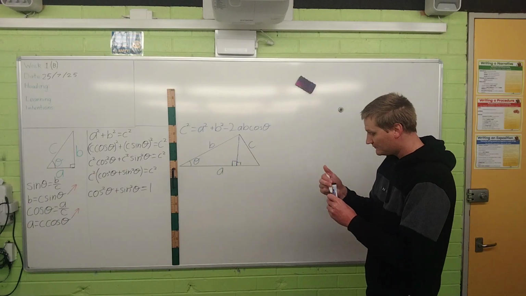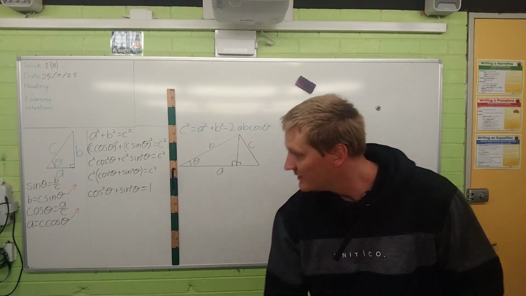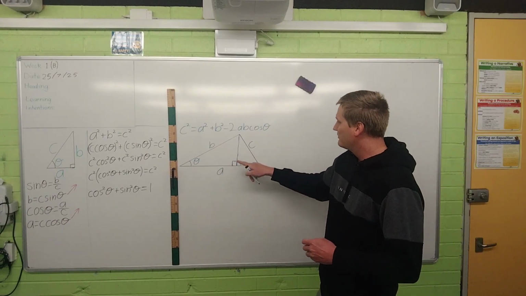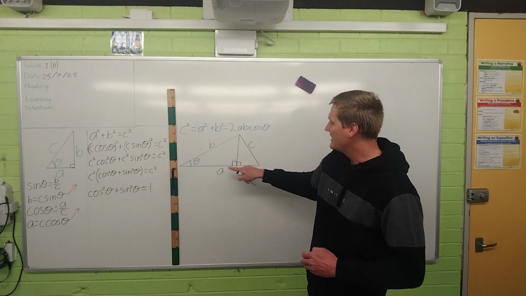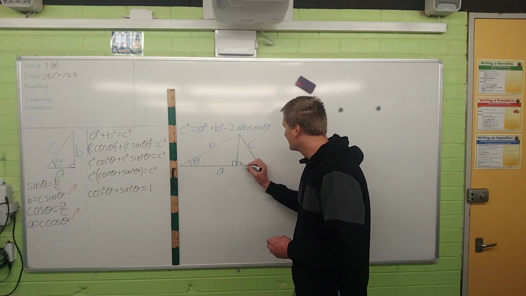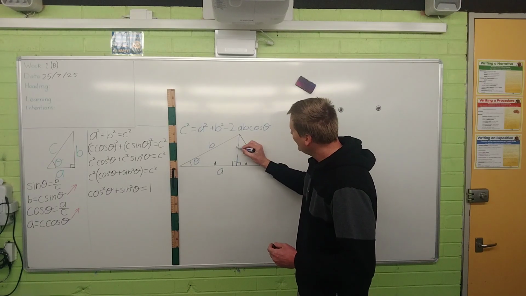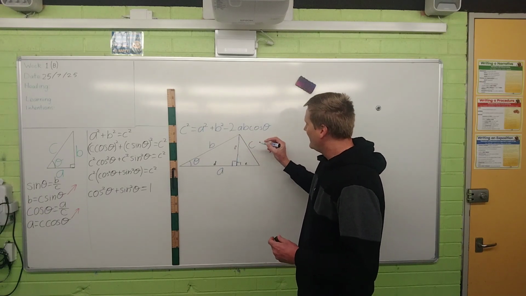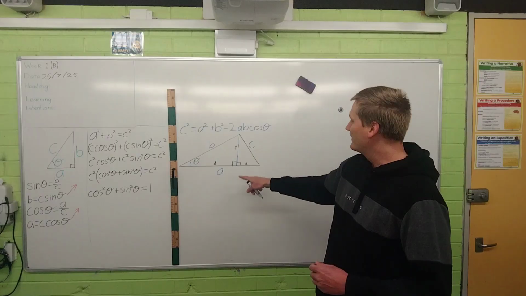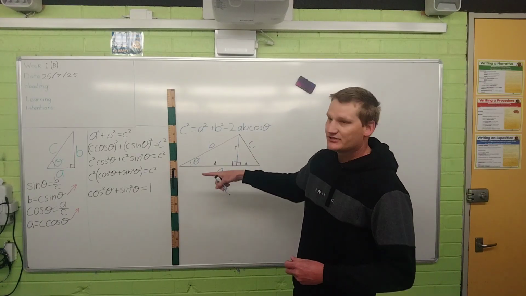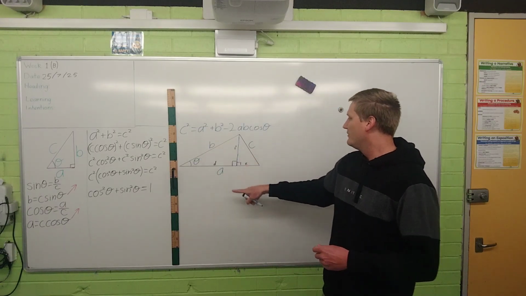Down here. Now we're going to find out what these other sides are. We're going to label them, let's go D, E and F. And if we find out what these are in relation to A, B and theta, we can then find out